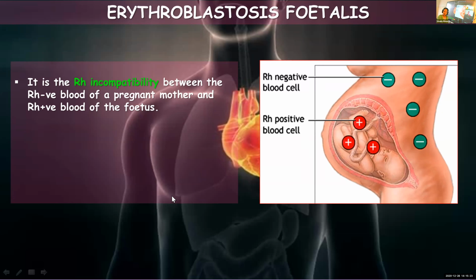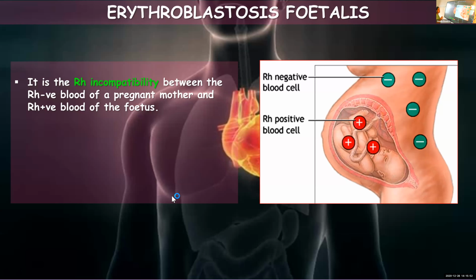And we also learned that normally or naturally, antibodies against Rh factor are not found, and these will be produced only when they get exposed to the corresponding antigen. And this takes place due to the Rh incompatibility between the Rh negative blood of the pregnant mother and the Rh positive